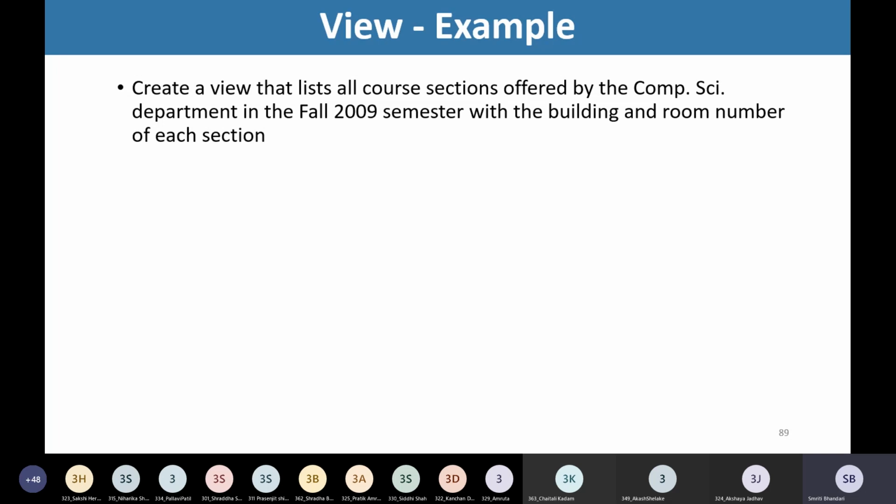If you refer to your university schema, you can understand which tables we need to make use of.